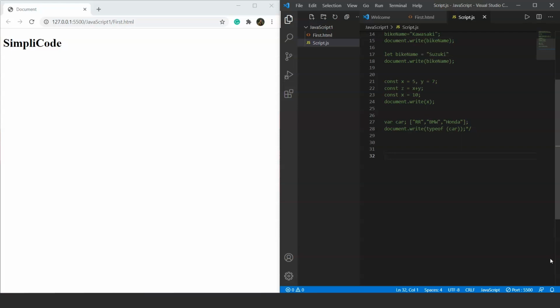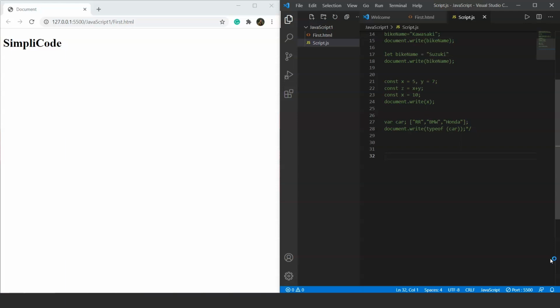We discussed earlier that JavaScript is a lightweight scripting language because we don't need to specify any data type in JavaScript. After all, the variables in JavaScript are loosely packed, or we can say JavaScript is a dynamically typed scripting language. We shall discuss these properties later in this video. For now, let me tell you about different data types present in JavaScript.